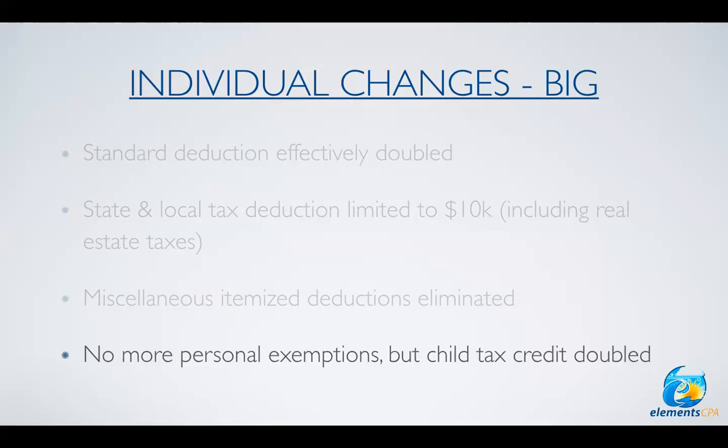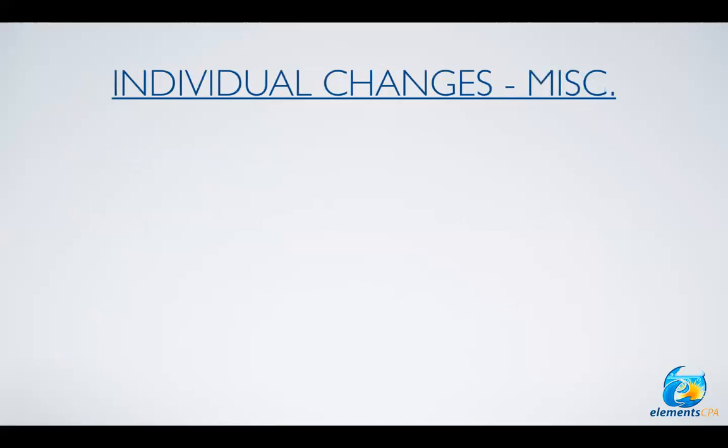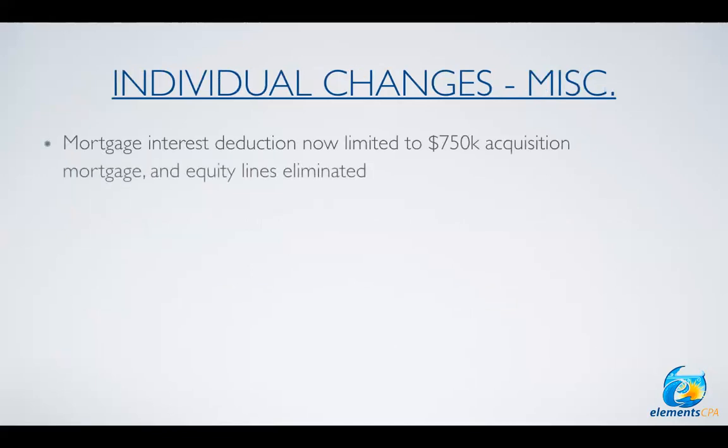So at this point, those are the major individual changes. Adrian, let's go ahead and talk about some of the other miscellaneous changes, and then Adrian will walk through some key recommendations. So one other change is that the mortgage interest deduction is now limited to